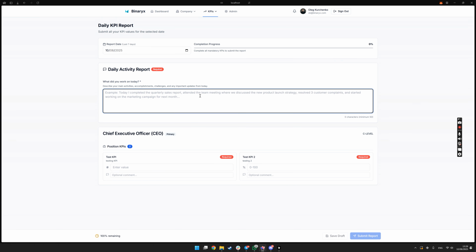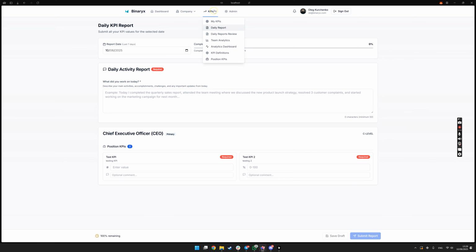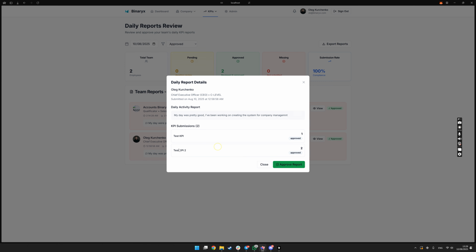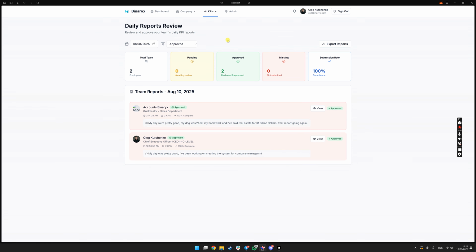But right now I can send my KPI reports for this day or for the previous day, and I can check which KPIs were adjusted in the past day. So for example, here are my adjustments. I can see what KPIs I do, and my daily activity report. That kind of solution is helping me save time and collect all the information from the people.